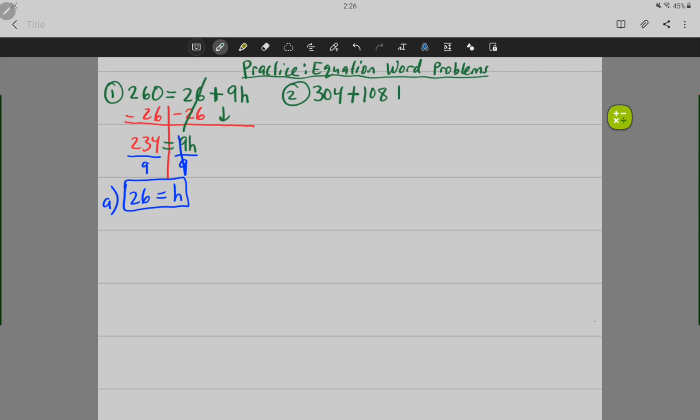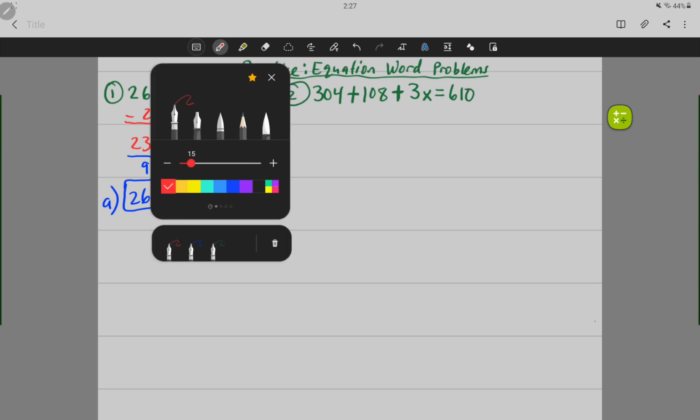And then we add again because it says we have 3 more sections which have an equal amount of people. Now, we don't know exactly what number that is, so that's fine. We can use a variable. Any letter is fine. I'll just put x. And now it says there are a total, which means equals 610 people. Once it's set up,